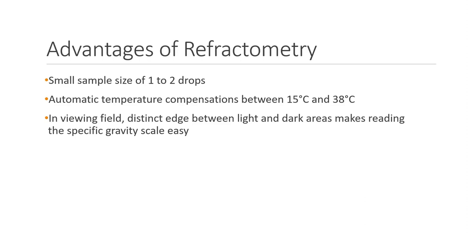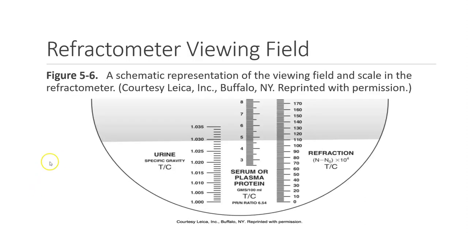In the viewing field, there's a distinct edge between the light and the dark areas, making reading the specific gravity scale very easy. So this is the viewing field. When you look through the eyepiece, you'll see this, and this has a solution that's been added. The darkness meets the light, and where they come together, you read off the scale. This is urine specific gravity, and this one reads